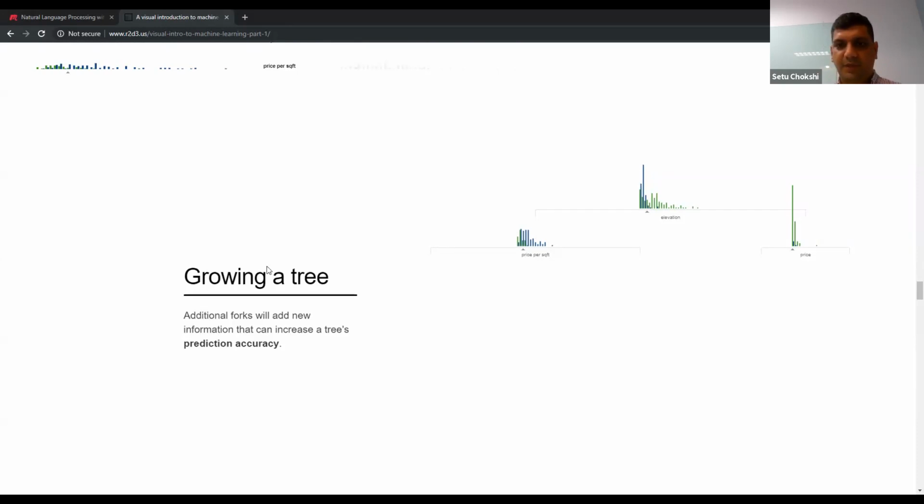All right. So I keep classifying my left-hand side as New York and right branch as San Francisco. At price per square foot, everything that's less than that threshold point is going to be classified as New York. Everything on the right-hand side of the branch will get classified as San Francisco. The same thing on the price as well. Left-hand side is going to be New York, right-hand side is going to be San Francisco.